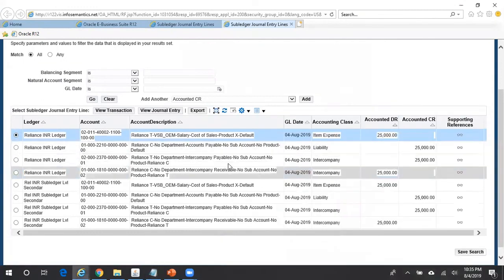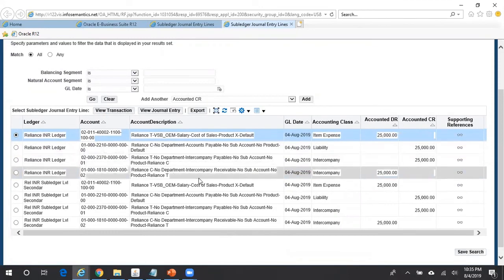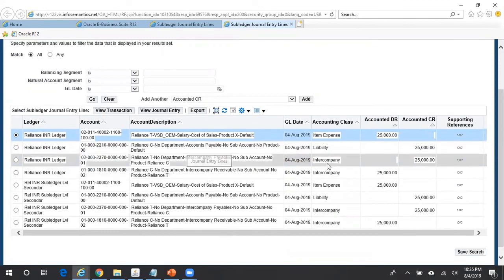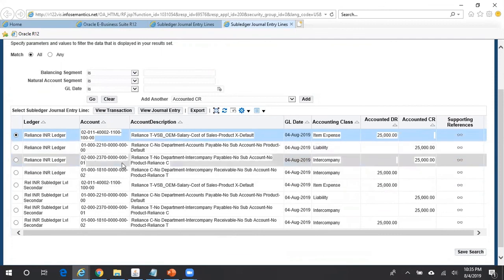But again, the other standard functionalities, as the journal entry is not balanced by the balancing segment, it's going to create the intercompany payables and intercompany receivables. That's the existing standard functionality if you enable the intercompany accounting. But there will not be any change in the default liability account. So this is how you set your automatic offset method.